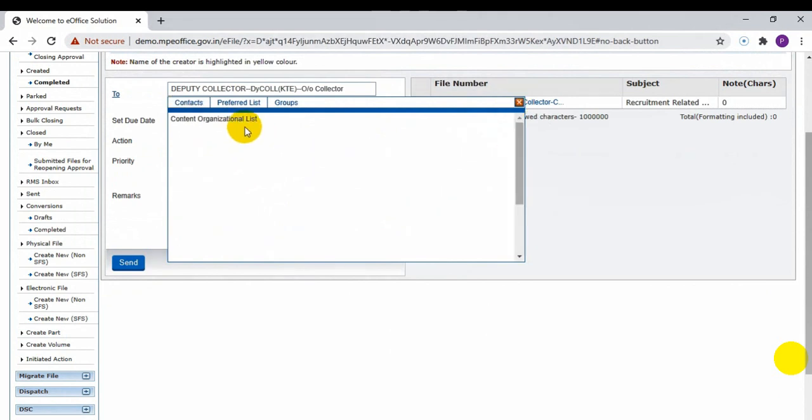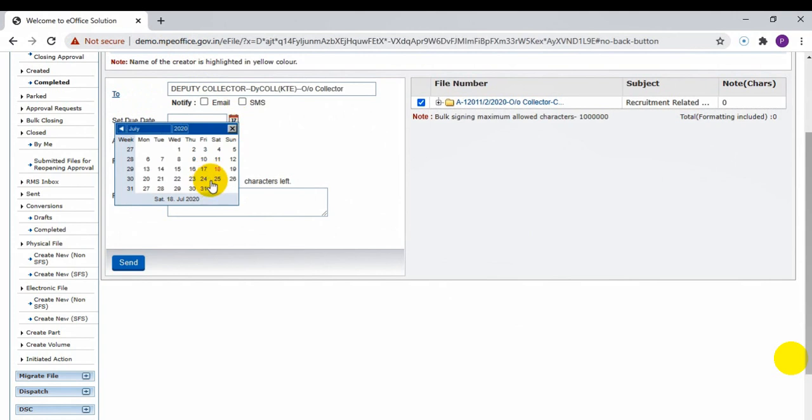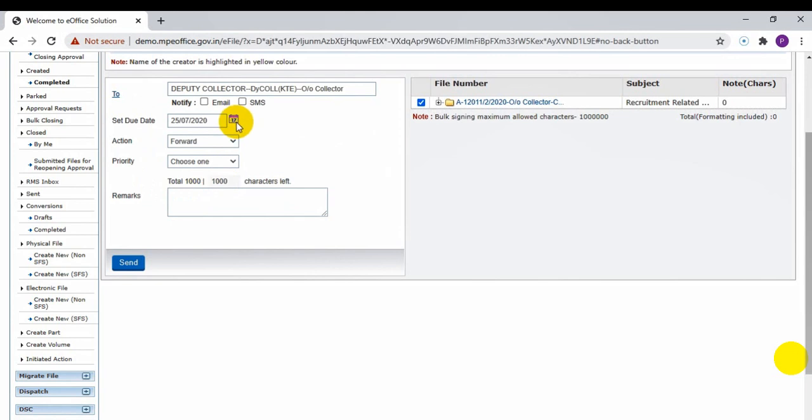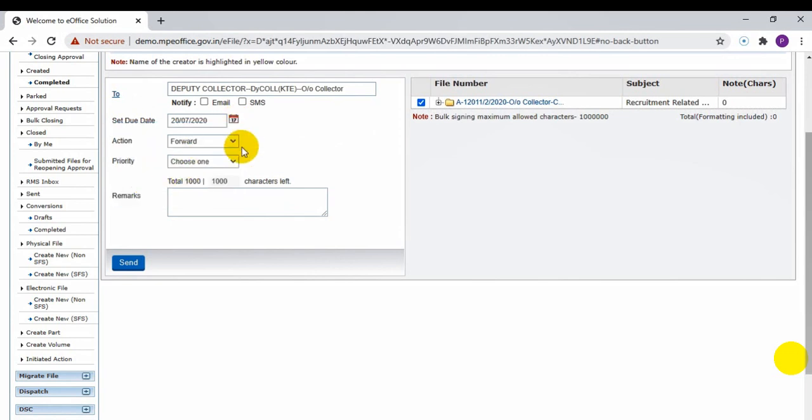So here it came. If I want to notify through email or SMS, I can then select these. He will get notified in email and SMS if mobile number and email ID is mapped. Email ID is mapped by default, but for SMS, mobile number must be there. Select due date below randomly. 25th July 2020 is okay. I think given so much time, changing it to 20th July.